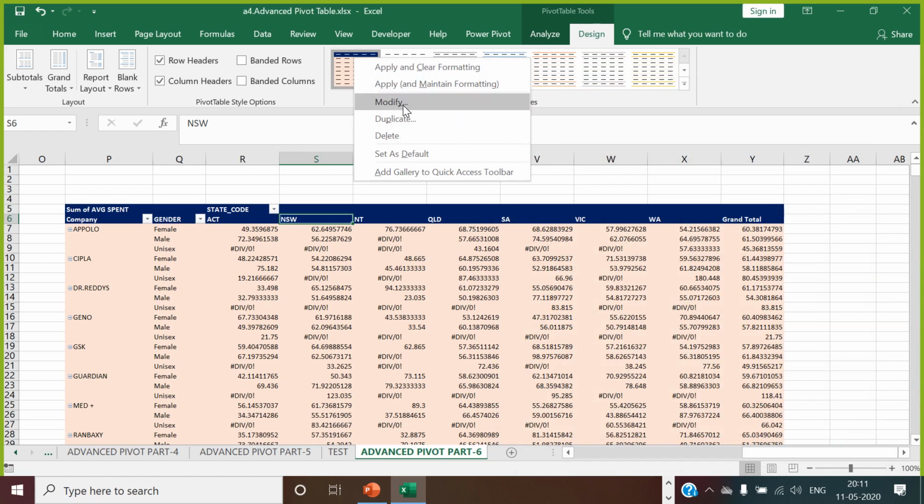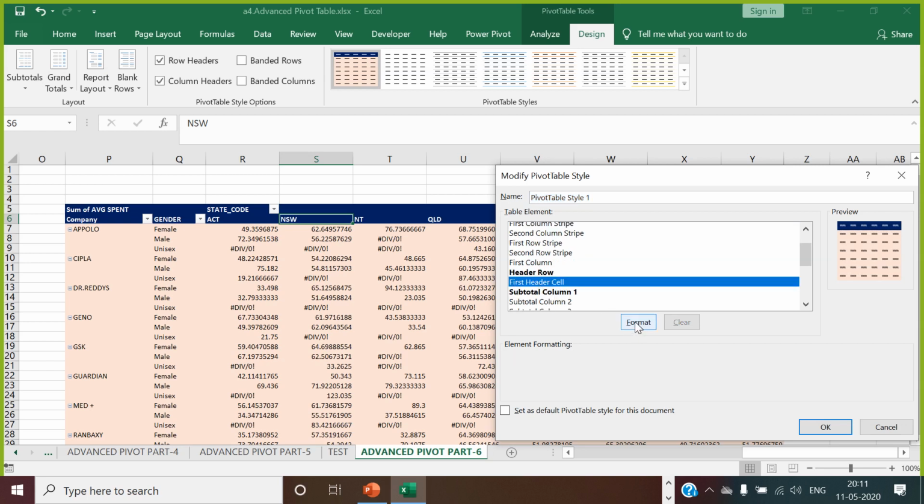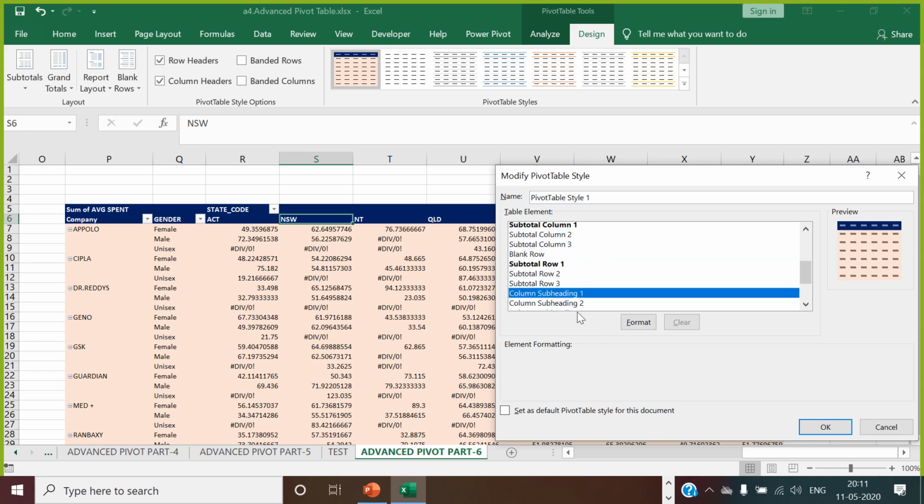Okay, so guys, try to play with selecting what is the row header, what is the sub row header, and understand what is happening around. Are you getting this, guys? So these are the options which are given here. You can start playing with them, and you will understand how to use them.